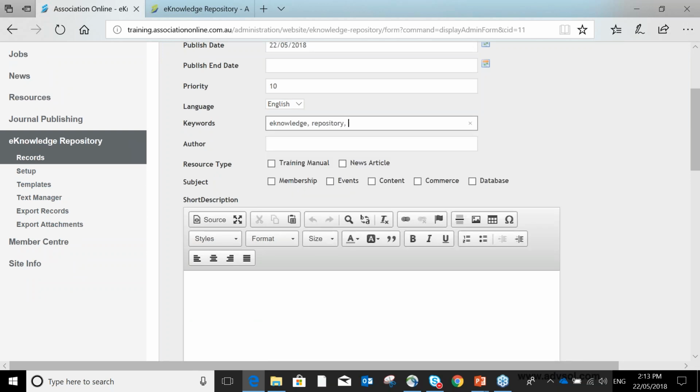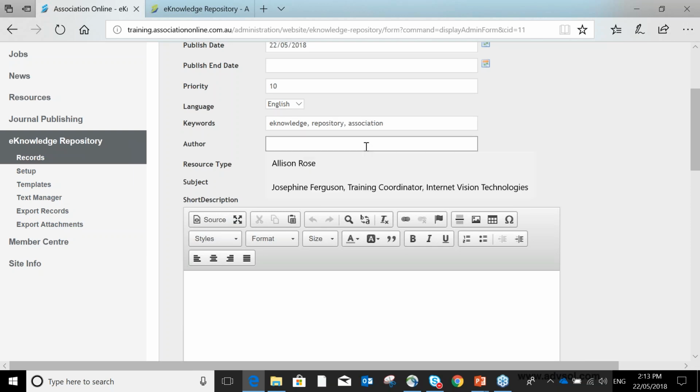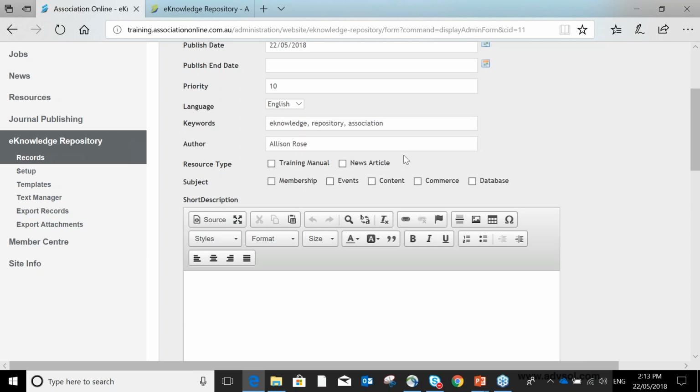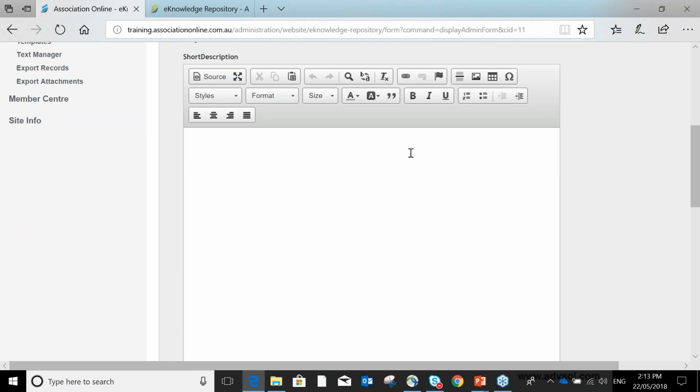eKnowledge repository association. What are some keywords you can pop in? Who is the author? What type of resource is it? What subject is it about? Content. And then we have the description fields, just like the short description